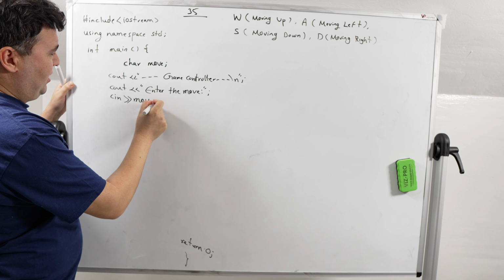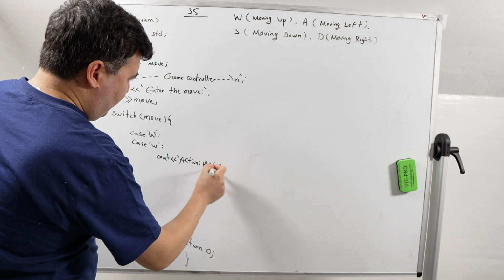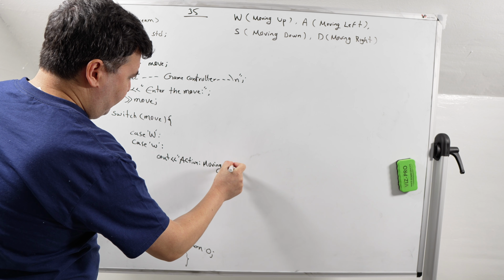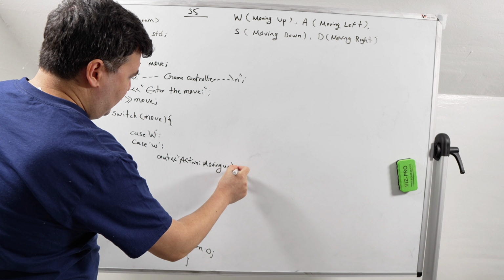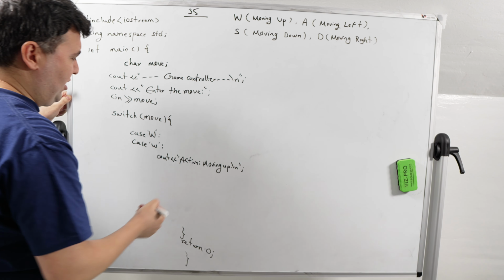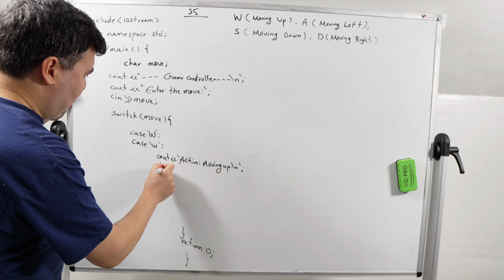If the user enters either capital W or small w, we cout "Action: moving up\n"; \n creates a new line, and then we use break;